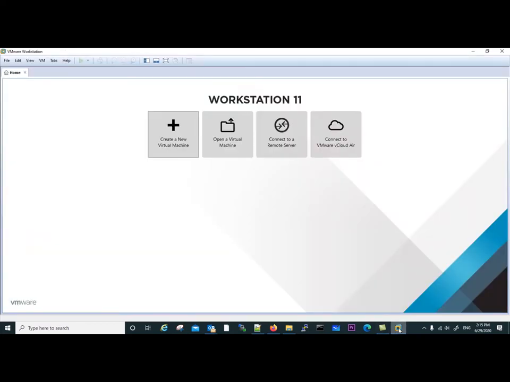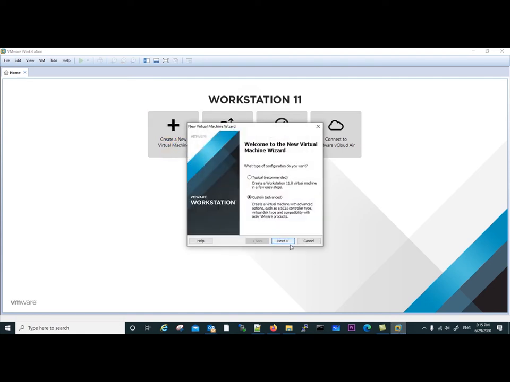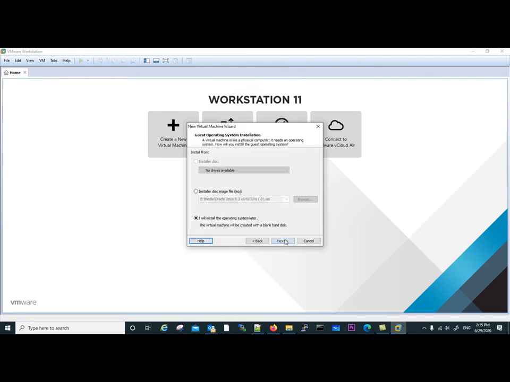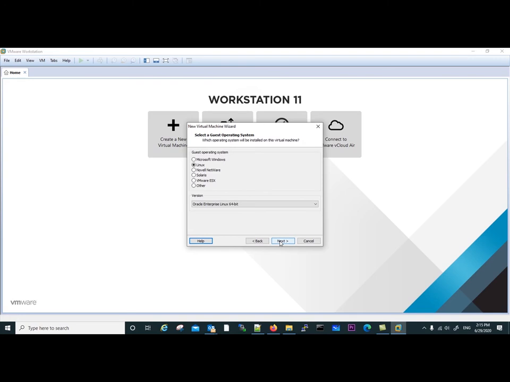In this practice, we are going to install Oracle Linux 6.3 on a virtual machine created under VMware Workstation. Let's start by creating a virtual machine. Click Next. Okay, we will install the operating system later on. Click Next. Linux